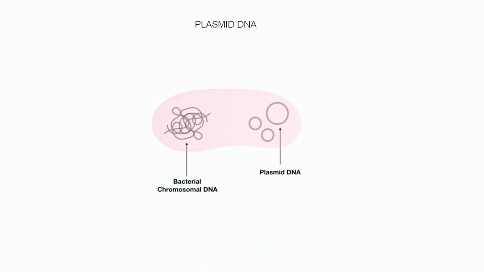So, let's start with some basic information on plasmid. What is plasmid DNA? As I mentioned earlier, the plasmid DNA contains several important genes for survival of bacteria. The definition of plasmid DNA is a circular double-stranded DNA present in the cytoplasm of a bacterium that replicates independently from the bacterial chromosome. Plasmid DNA is also present in smaller eukaryotes and archaea.